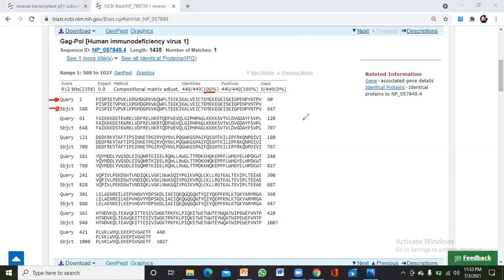I told you in the previous video that first BLAST will make fragments of our query. After that, it will compare them with different fragments. So here is a sub fragment of a subject, from 648 to 707. It is 60 amino acids, and this is also 60 amino acids. So 61 to 120 amino acids are identical, aligned with the 648 to 707 amino acids of the subject,